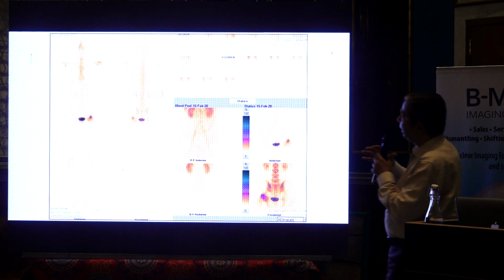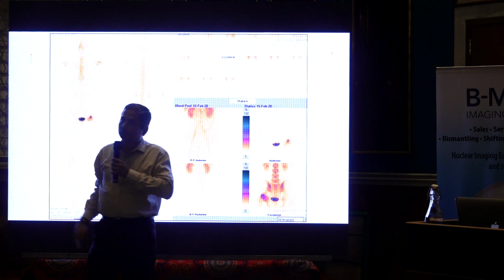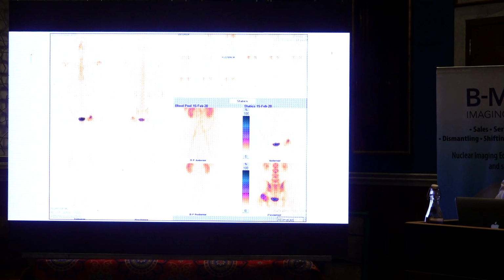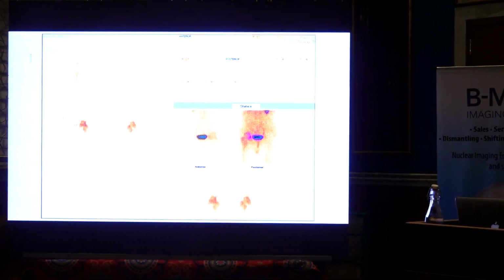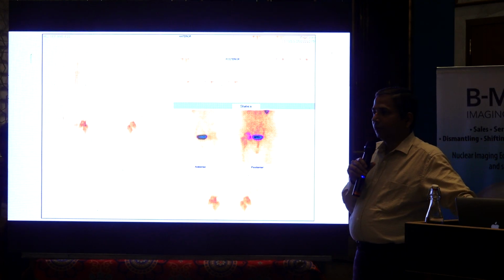You can see there is some increased uptake in both the humerus. So this was basically a case of bilateral avascular necrosis of the bilateral humerus and the femur. This case, the patient had a history of road traffic accident one year back, for which